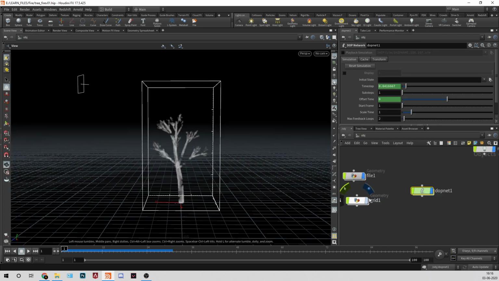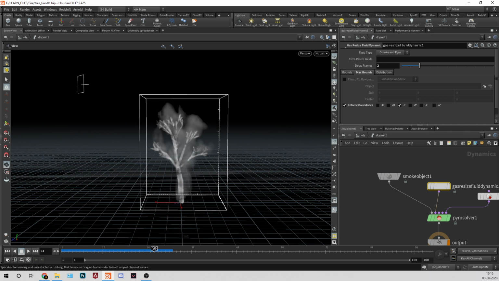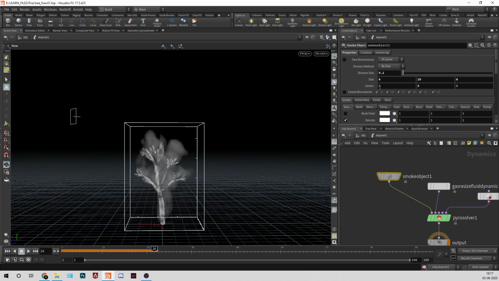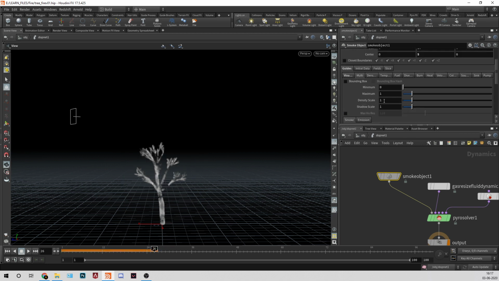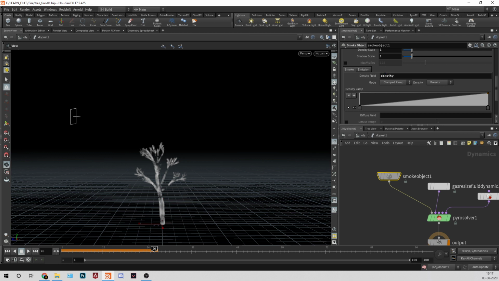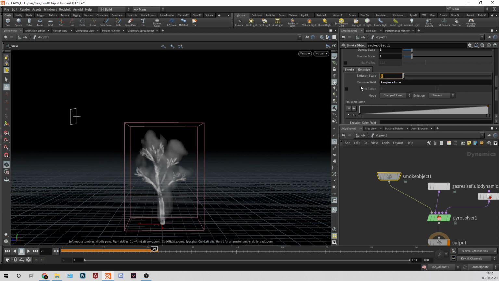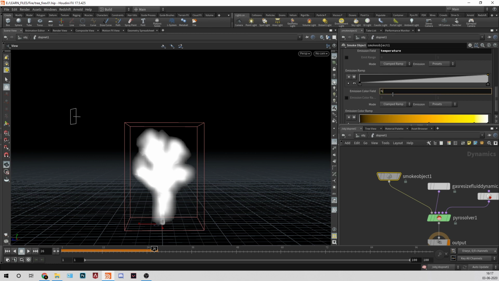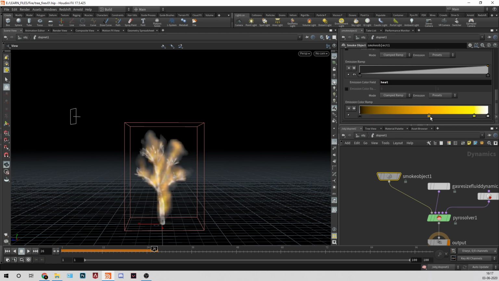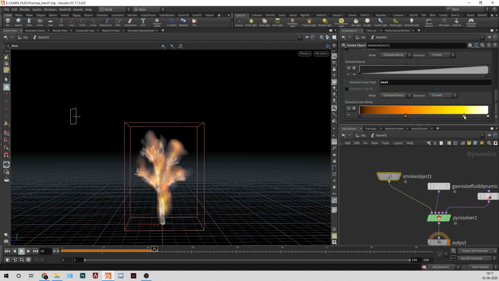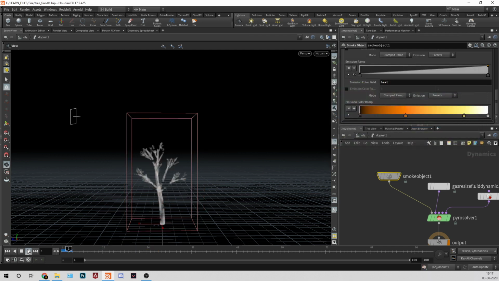Okay, I'll remove the grid for now, and yeah, you can see there is a smoke. We'll set up whatever it is. So I'll go for 0.1. So we have this, and I'll set up my multi-field also. We need air density, and in emission we need temperature. I'll make it 1, and we need heat here, but I have to change the color, as I'm always changing color. This one, and this yellow, I need a bit pale yellow, not so high. So you can see we have something.